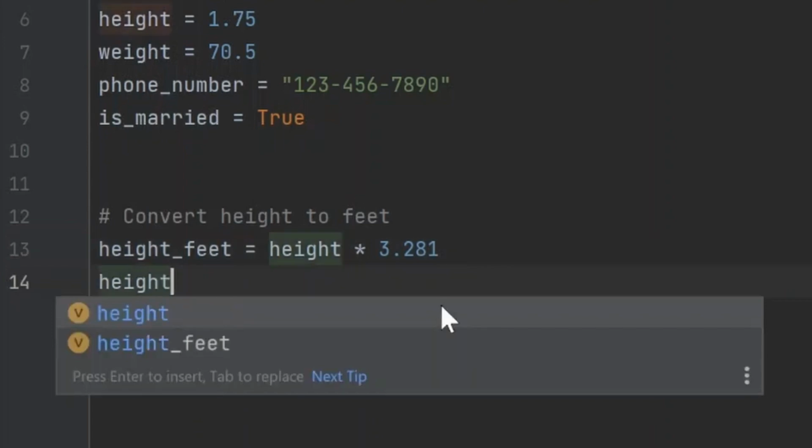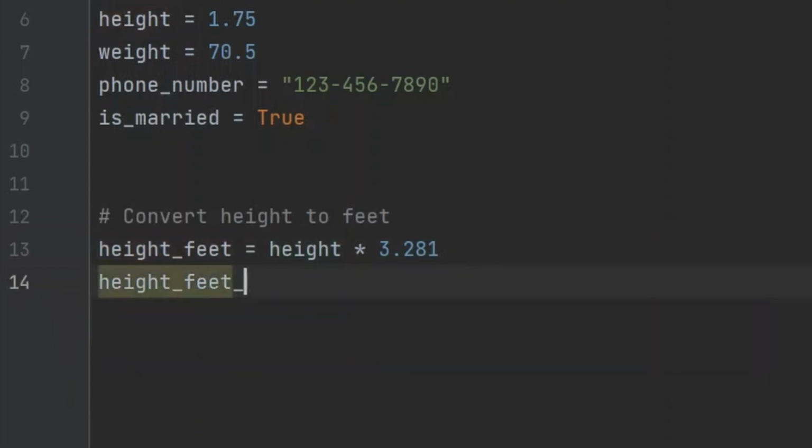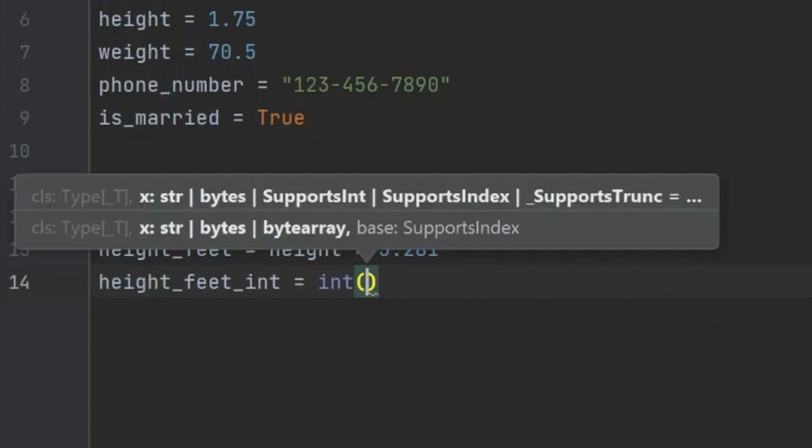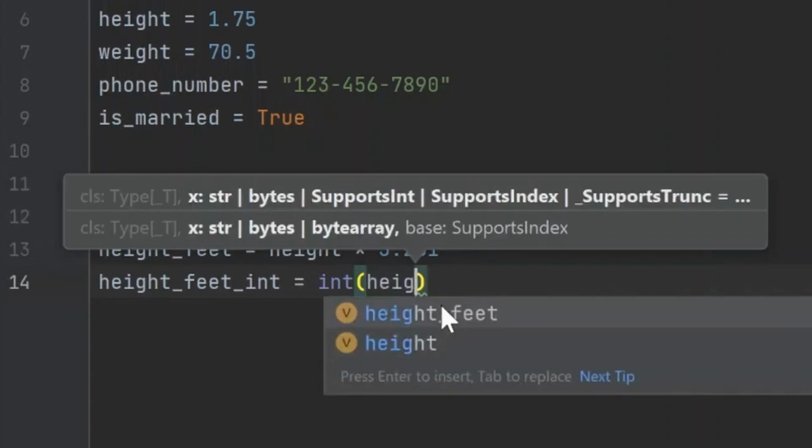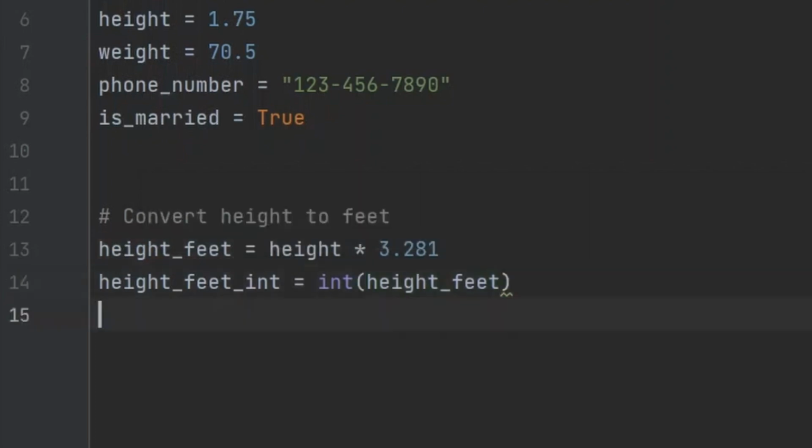We'll call it height_feet_int, then equals the int function in parentheses, then height_feet. What this will do is that the height_feet variable we created over here is being wrapped in an int function, which will strip away all the decimals and then store the whole number in this variable called height_feet_